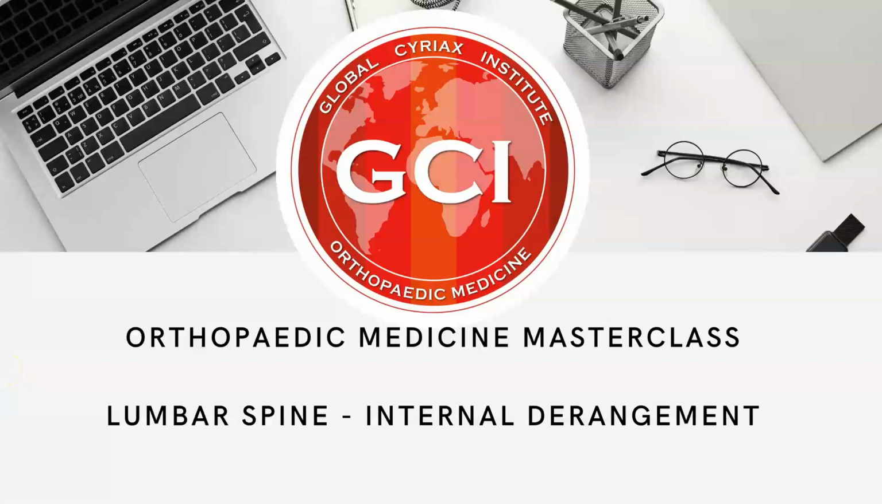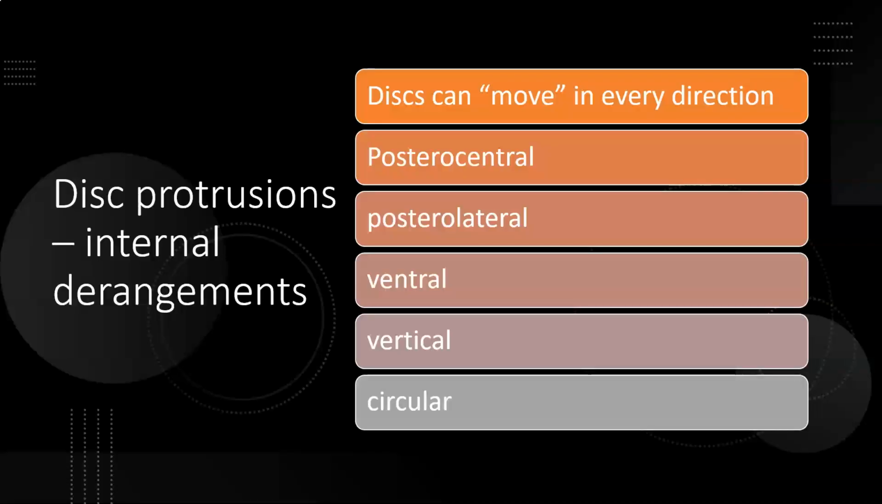Which kinds of internal derangement can we see? Well, in fact, it's all about an intradiscal pressure game. Discs can move in each direction. You could have a more posterocentral internal derangement, a more unilateral one, a more posterolateral one, ventral, vertical, circular one. So depending on the direction of the derangement and the size of the derangement, of course, the clinical image can